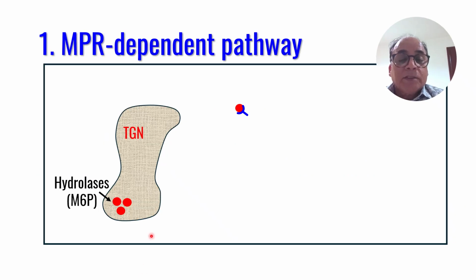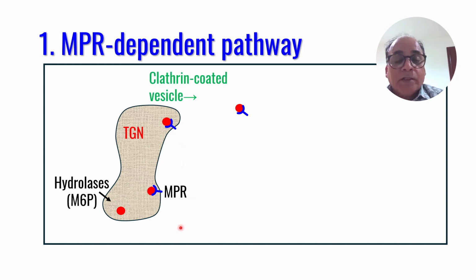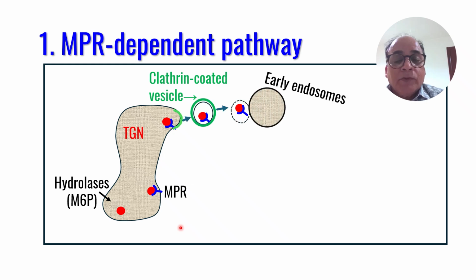So I will discuss these pathways individually in detail. The first one is the MPR dependent pathway leading to the targeting of lysosomal proteins. This starts in the trans-Golgi network. It has lysosomal enzymes, hydrolases carrying mannose 6-phosphate, and they are sorted with the help of the mannose 6-phosphate receptor, or MPR. These proteins bind to the receptor, which induces clathrin coated vesicle formation, which uncoat and fuse with the early